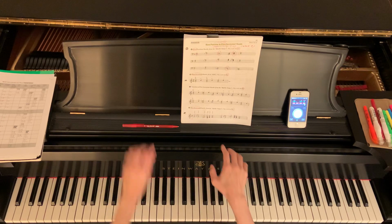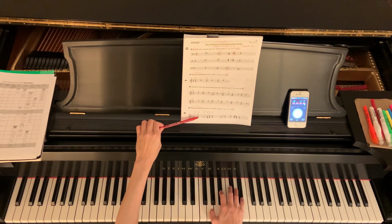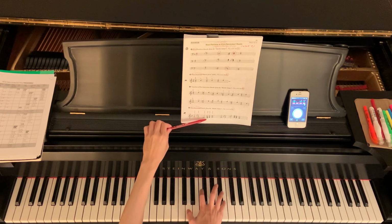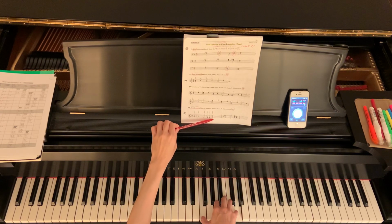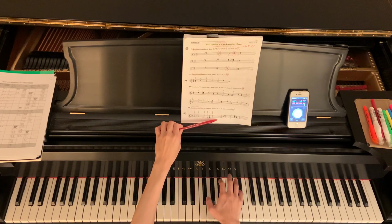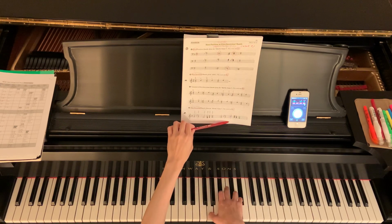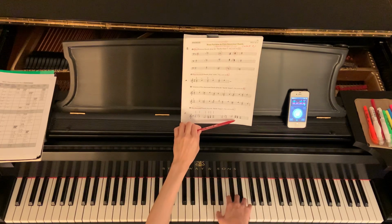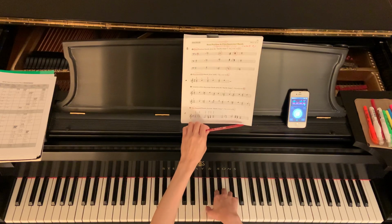Here we go. The first one's 1 and 2 and 1 and 2 and 1 and 2 and 1 and 2 and 1 and 2 and